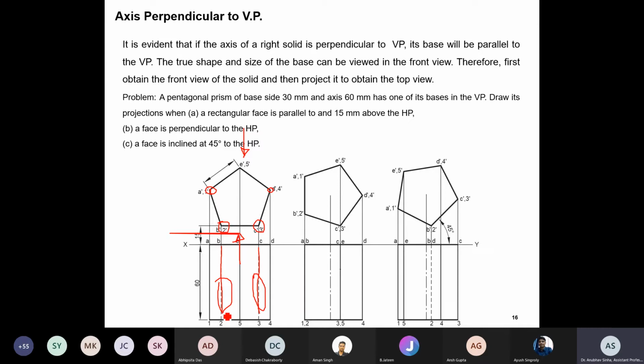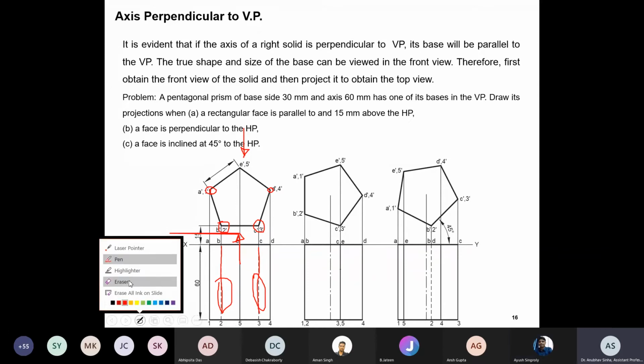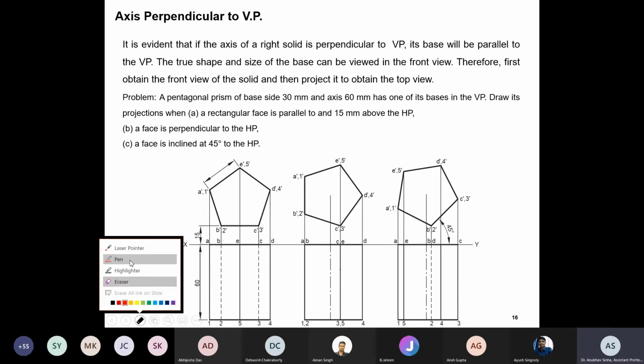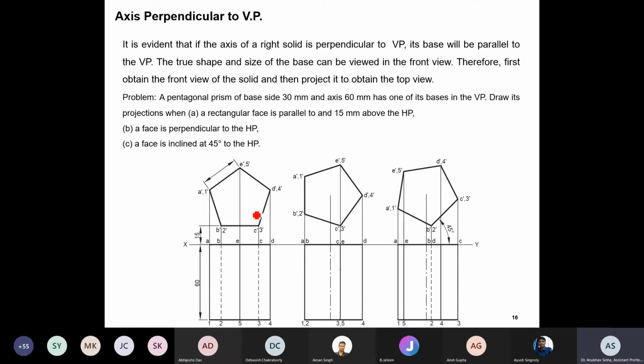Is it clear to everyone? I will repeat once. Yes, more, sir. Okay, so let us say we have a prism like this. This is very important. Once you are clear, then rest of the lecture is just a cakewalk. So please pay attention. So what I am saying is, I have a prism lying like this.